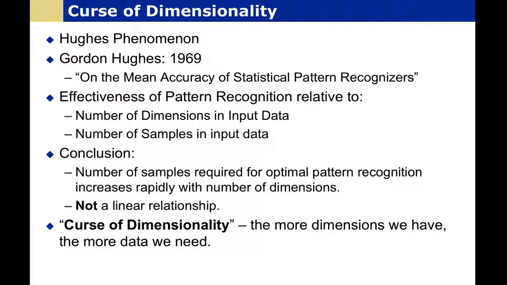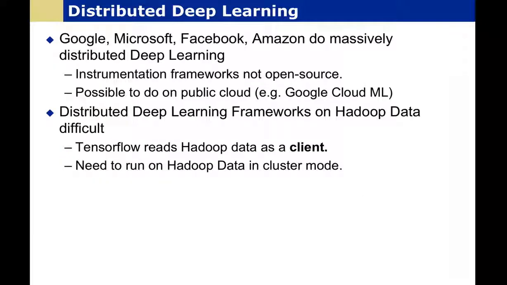Now, this flies a little bit in the face of the conventional wisdom of applied statistics, which was that we're best off training with a good, reasonably sized statistical sample of our data set. So according to Hughes, I need a lot of data in order to train my models effectively if I'm going to have more than a few dimensions. And as a big data practitioner myself, that insight warms my heart.